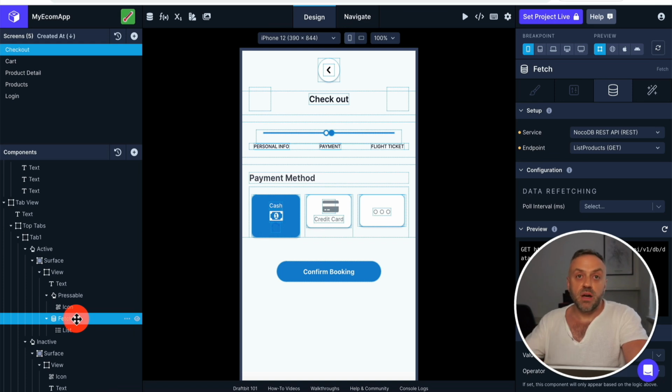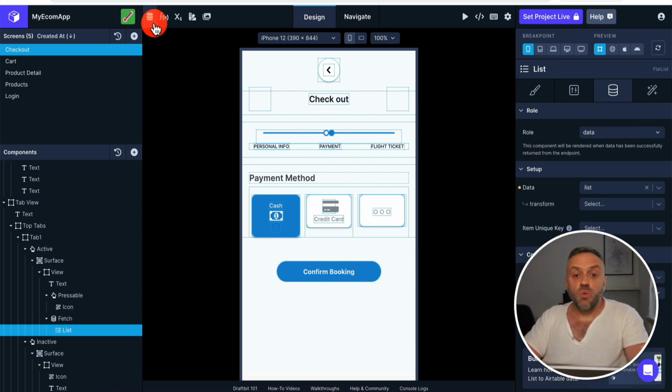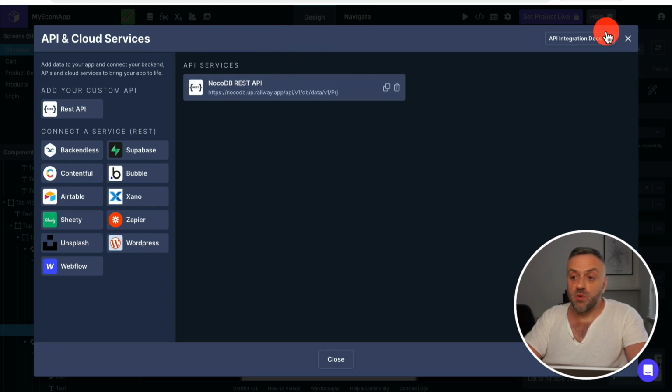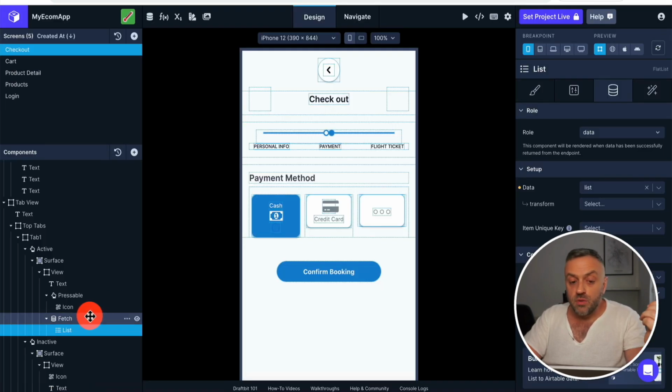I really, really like FlutterFlow's approach with pressable, but also with this fetch capability. But nevertheless, once you set up your backend REST API here, and you also don't forget to make fetch the parent of any component that's actually going to be fetching your data, you'll be able to get your data and easily display it without any issues whatsoever. And so now that we've covered the three main layers that you need to understand when you're building an app,